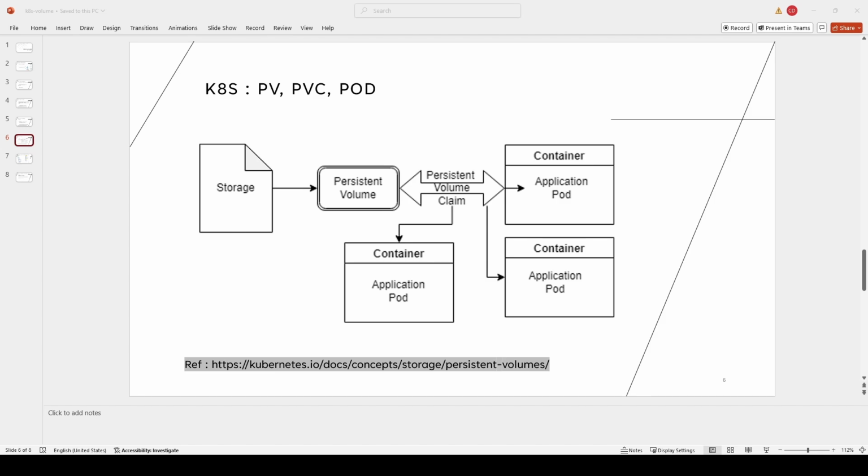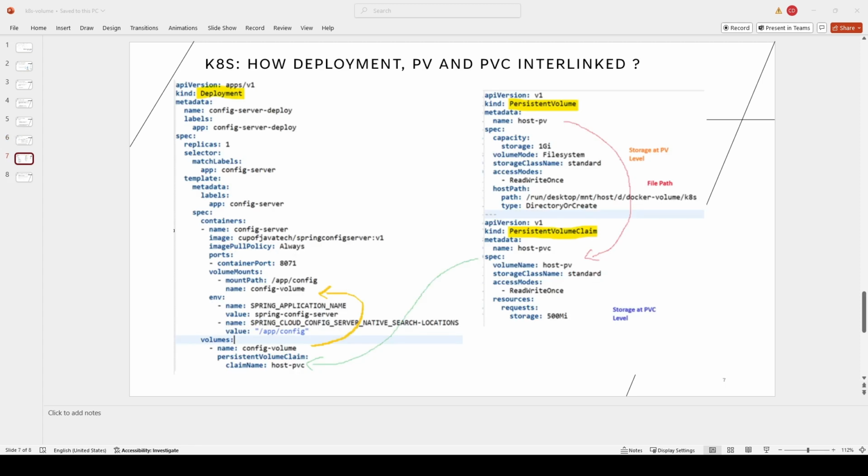Also, I have created only one persistent volume claim, but this persistent volume claim is attached to multiple containers, and it is attached to the persistent volume. In the coming videos, we will explore more about how these persistent volume claims and deployment objects are created. But this is just to help you understand how the persistent volumes, persistent volume claims, and the deployment objects